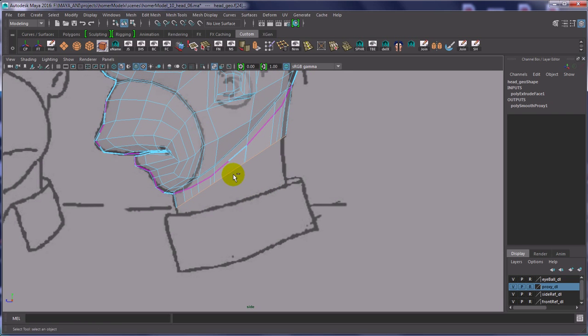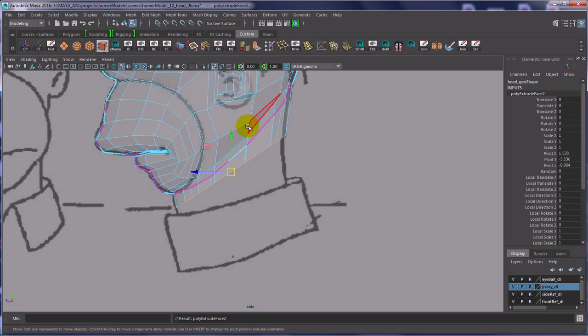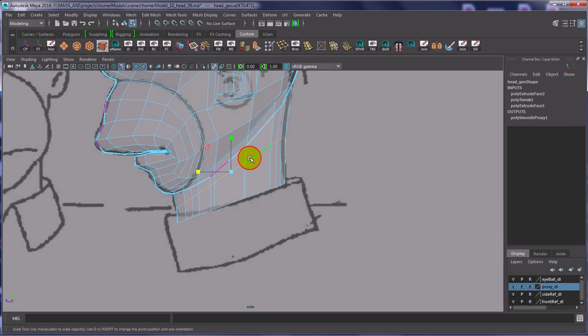Side view. Control E. W. Pull it down. E for rotate. Flatten it some more. Pull it down. Now it's a bit wide, so we'll just scale it. And then maybe if we grab this edge and just kind of try and get it a bit more centered,